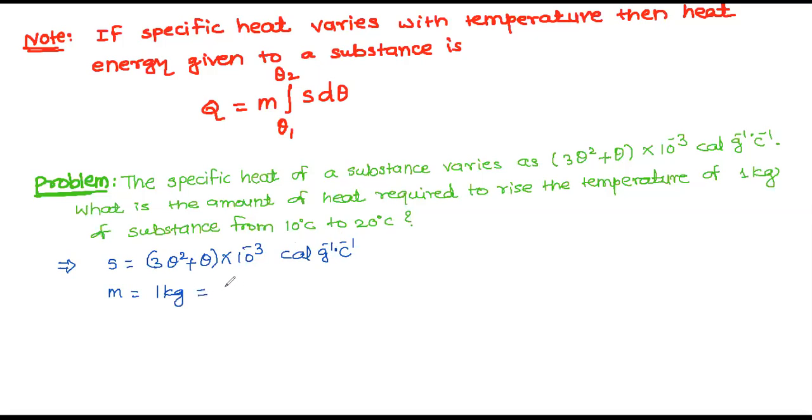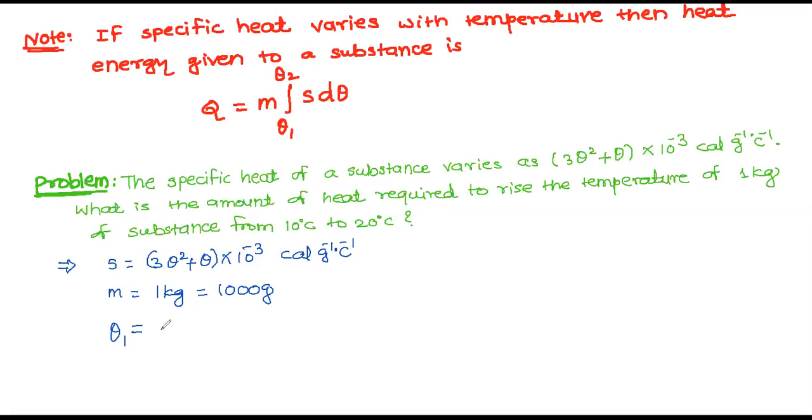So if I convert into CGS, how much do I get? This is 1000 gram. Yes or not? Why am I converting kg to gram? Because this is in gram Celsius, so that's why I am converting into CGS. And even temperature is also in Celsius. Okay, so you have to use your brain. Whenever they give all things in CGS, convert the one thing which is in SI. If all are in SI and one is in CGS, then you can convert into SI. Understood? So here you have only one thing in kg, that's why I'm converting into CGS.